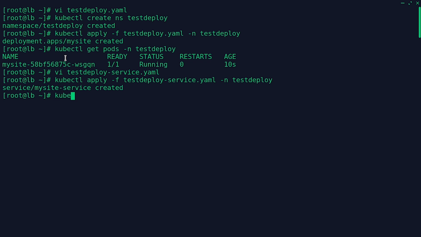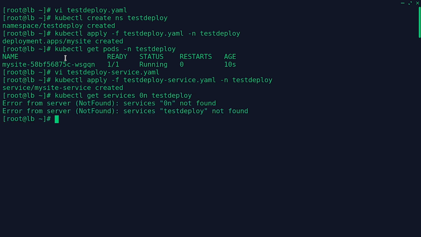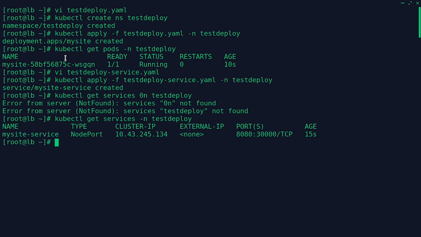Check the status. It's ready. Let's check if it's accessible from the browser.